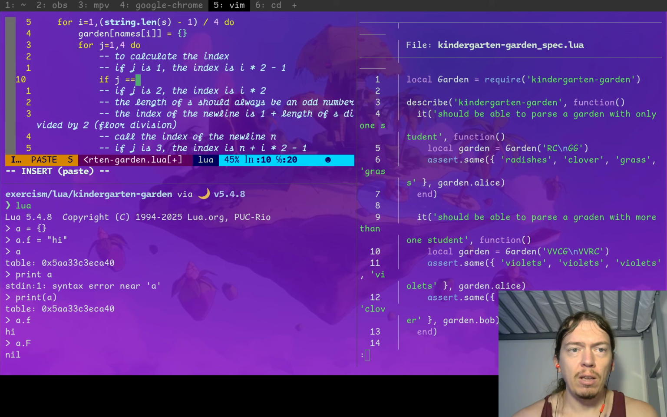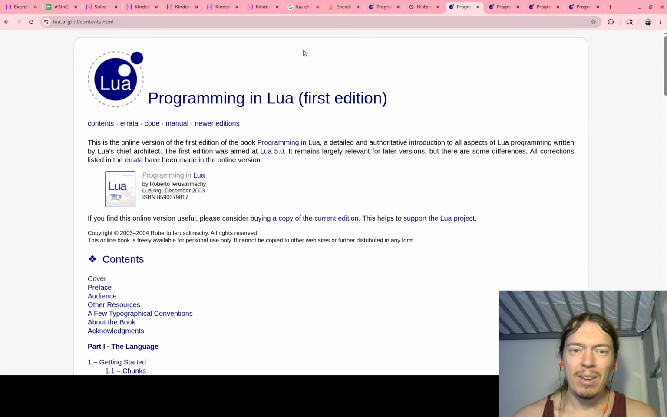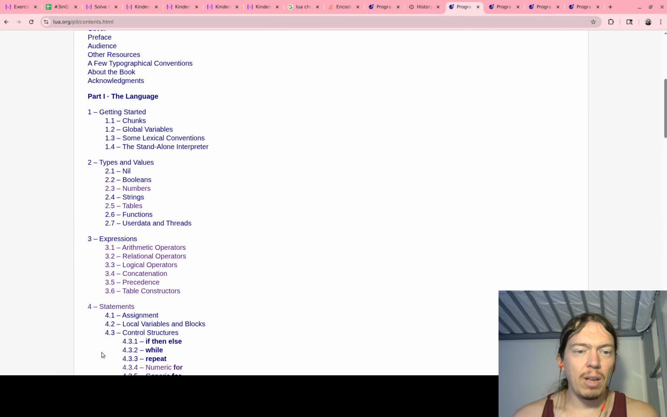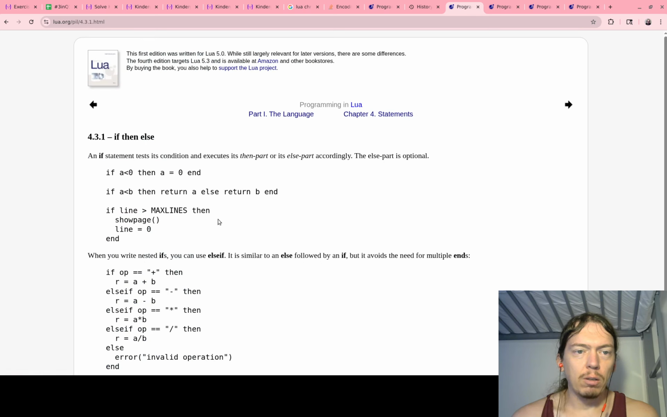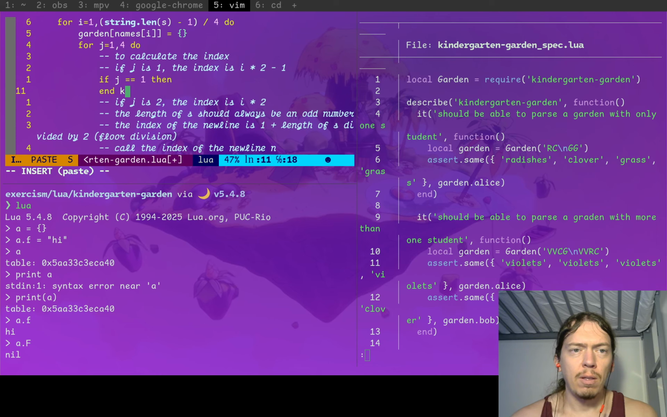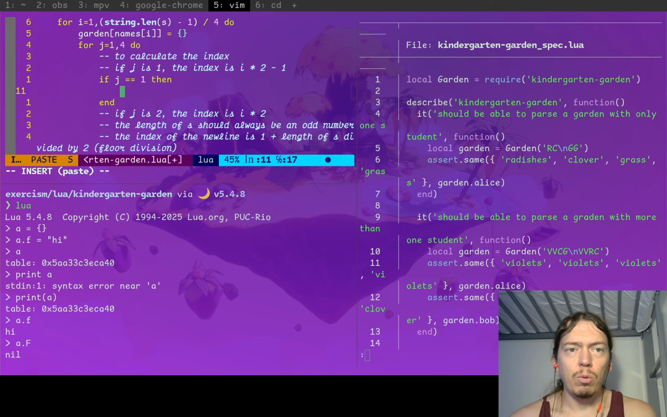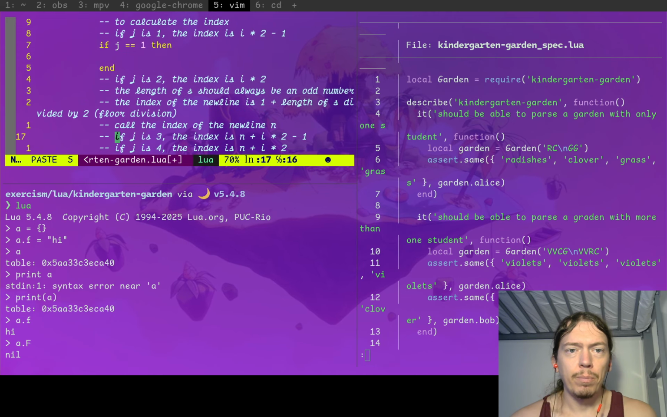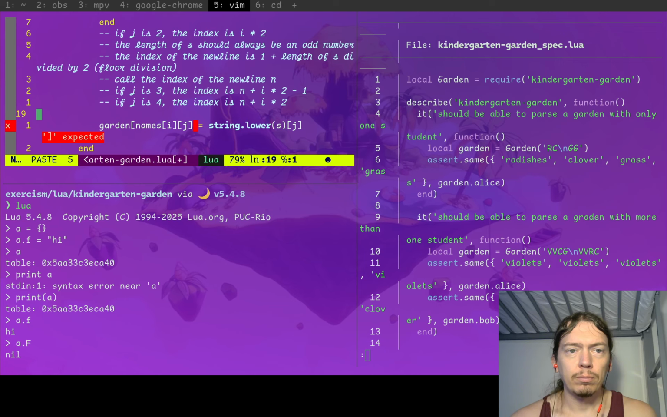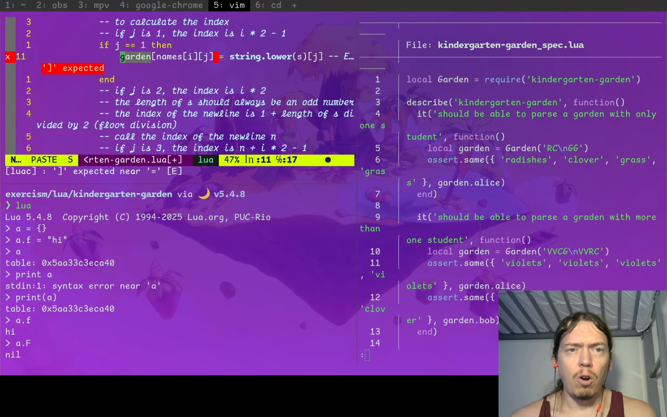All right, so if j equals 1, and let me see the if statement in Lua. Every language, I'm reviewing these things all the time. It's because I'm not remembering well, I guess. All right, so if that, then if j equals 1, then oops. Let me put this up here. Then garden names sub I,